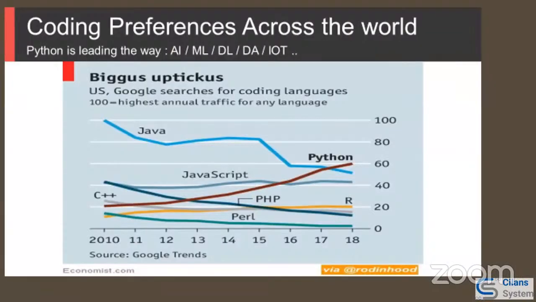Let me give you a little perspective on what kind of skill set engineers would need when you want to work with any machine learning based problem. This is one of the facts that I wanted to share with you. There are many programming languages. I'm sure you know about C, C++, Java, PHP, Python. Interestingly, this is the data from 2010 till the end of 2018.